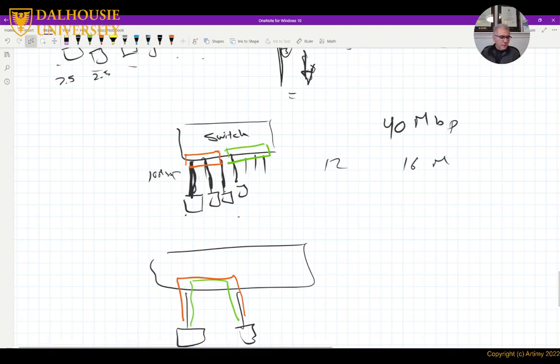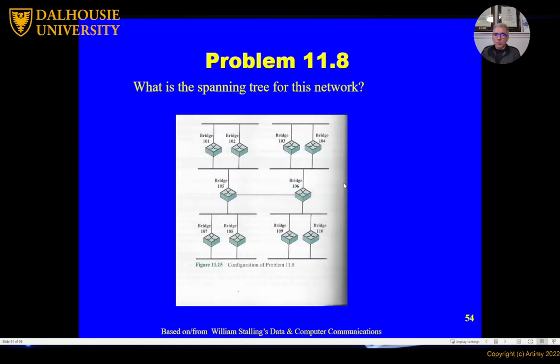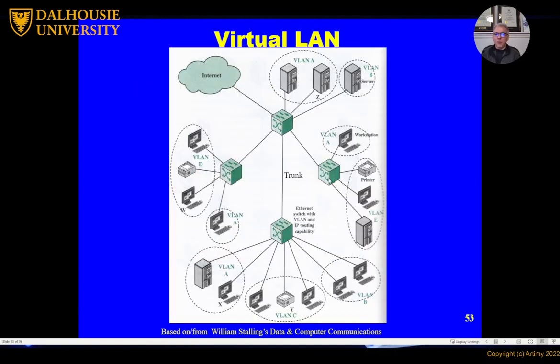So the advantage of the VLAN, we use VLANs a lot in networks. We hardly build any network without a virtual LAN nowadays. And the reason is they are flexible. They can allow us to divide the network into multiple segments based on departments, or based on job function, or based on geographical location, based on many things. So it will allow us to use switches, but then divide the LAN into multiple segments, and each one of them will be separated from the other.